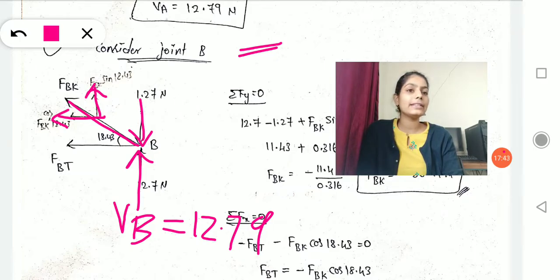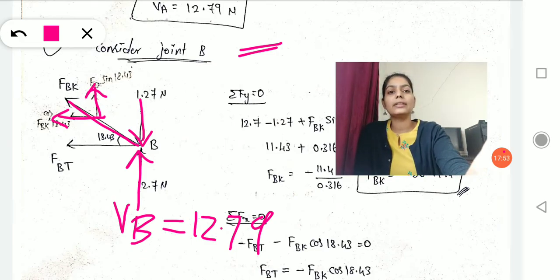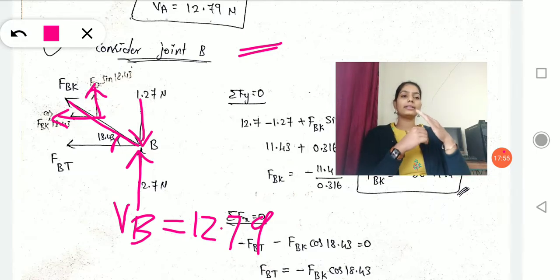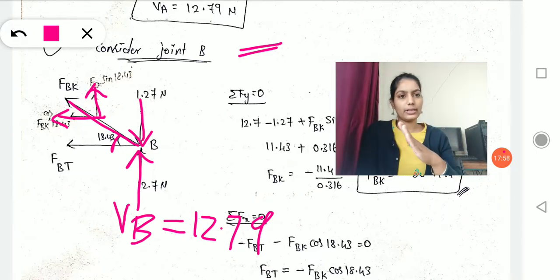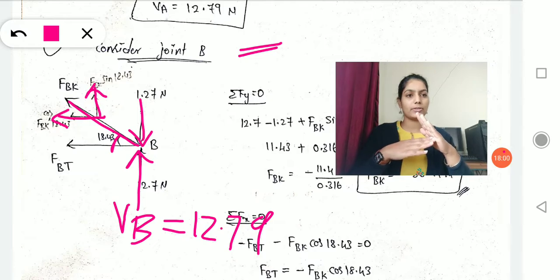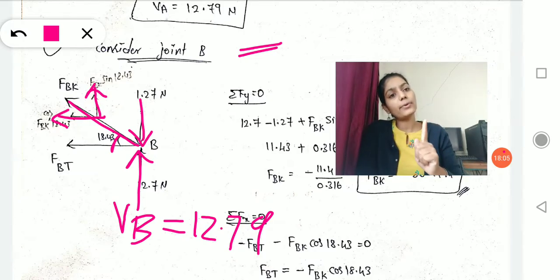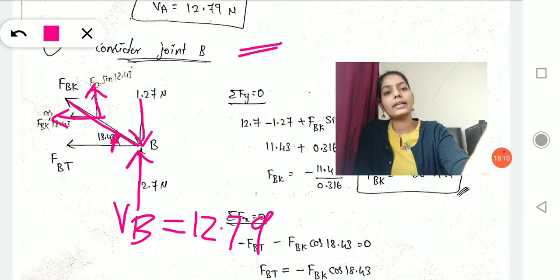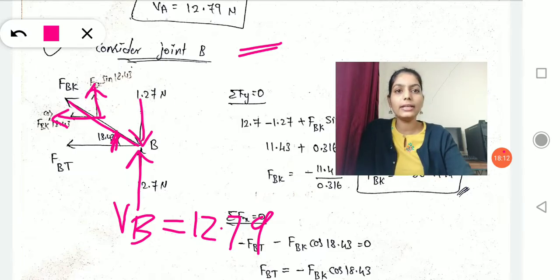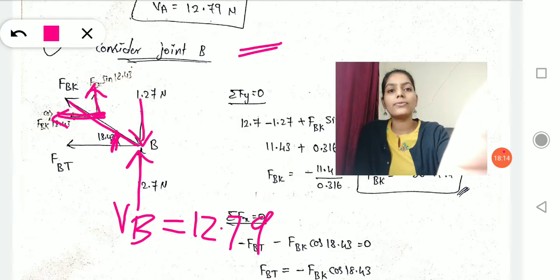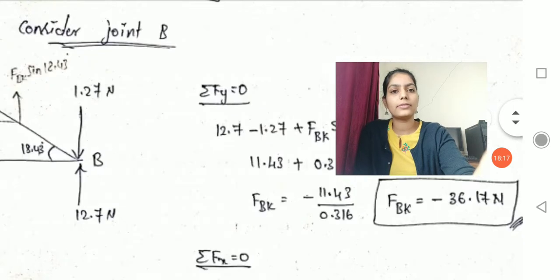Once you get these forces, you are supposed to write these forces in terms of sine and theta, that is, in terms of the angle. Which angle? This angle, because this is the inclined force acting at some joint, and this inclined force you resolve into horizontal and vertical directions. But while resolving, you are supposed to write those forces in terms of this angle. How did we do that? On this side of the force, see here, we will zoom in.